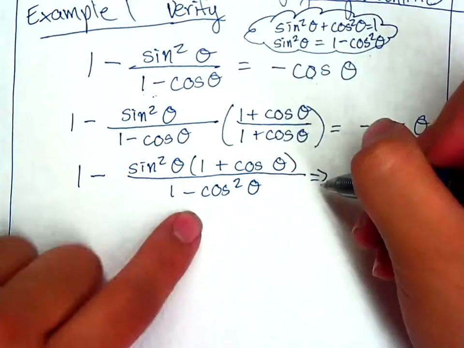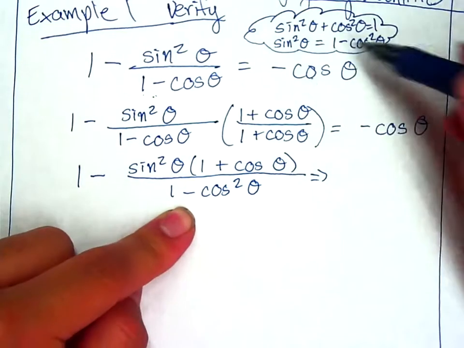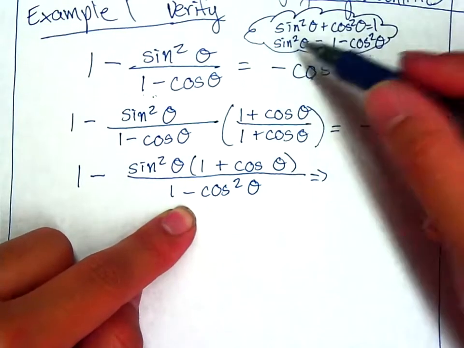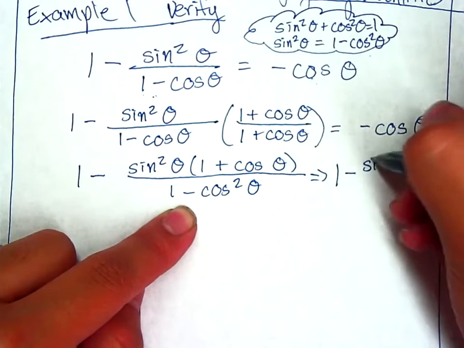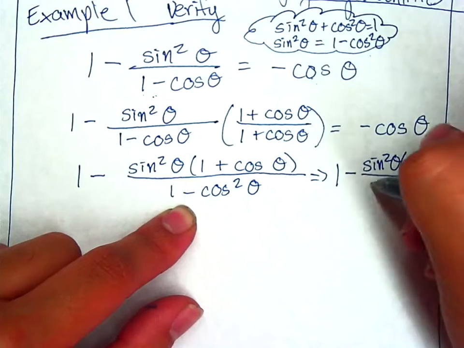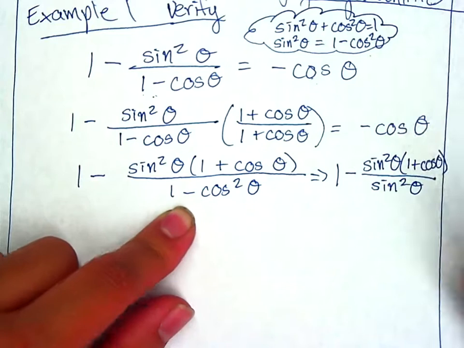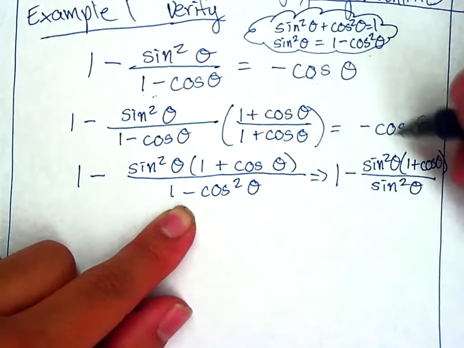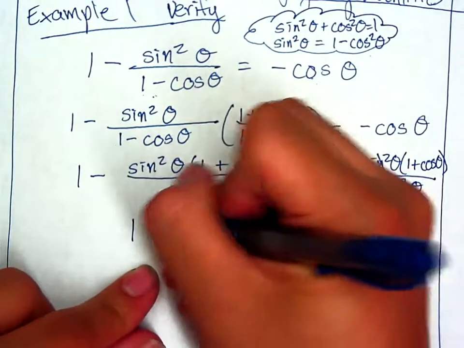So rather than writing it as 1 minus cosine squared theta, we know through our identities that 1 minus cosine squared theta is the same thing as sine squared theta. So here I have 1 minus sine squared theta times 1 plus cosine theta all over sine squared theta. Because this is all being multiplied together, I can go ahead and cancel out these two, leaving me with 1